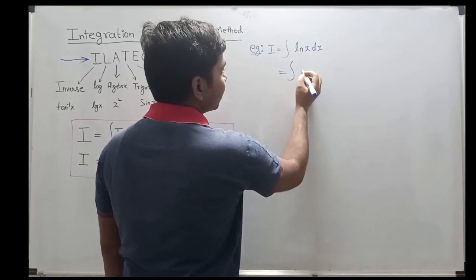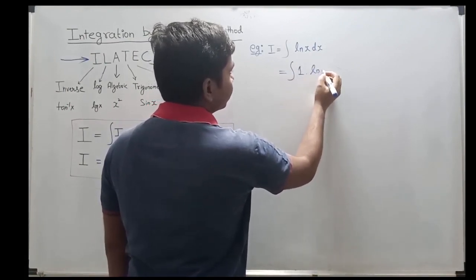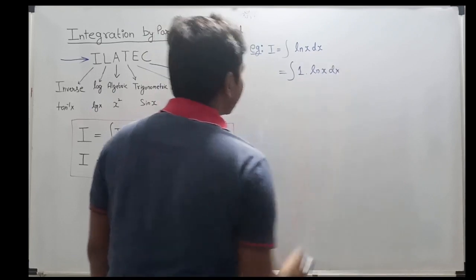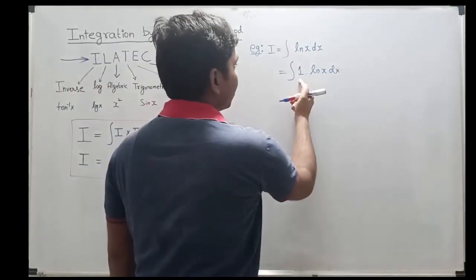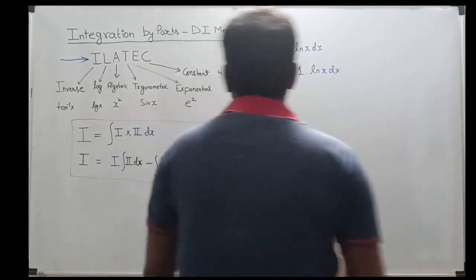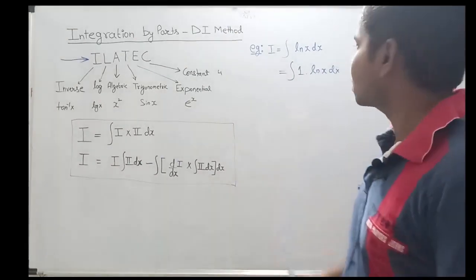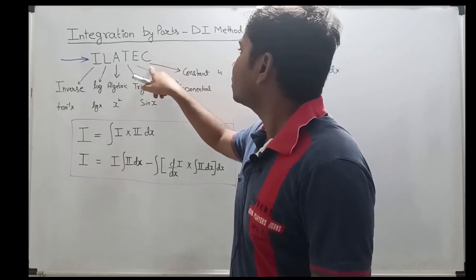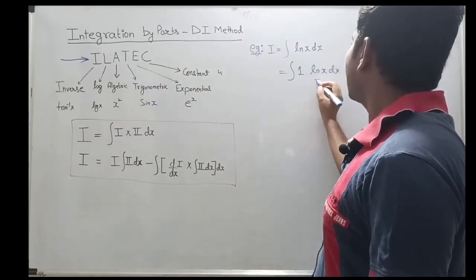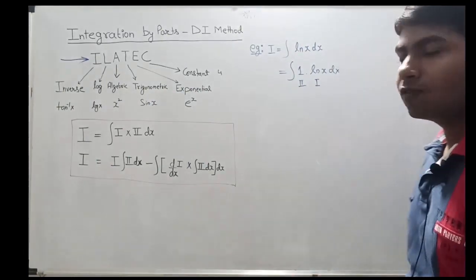make some arrangement, like we can multiply it with 1 dot ln x dx. Now you can compare this function with our integration: first function multiplied with the second function. So you can see our one function multiplied with the second function. Second thing we have to do is to choose which function is the first and which function will be the second. As you can see, the logarithm function is coming first and the constant function is coming second. So this log will be our first function and this constant will be our second function. In this way we can choose.